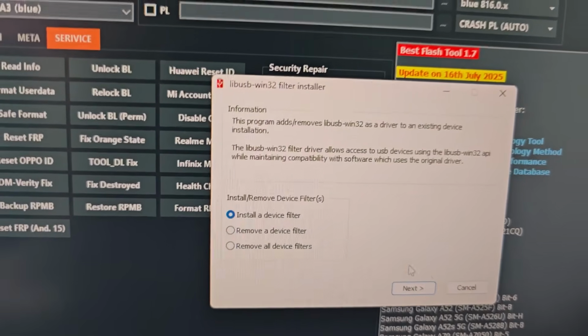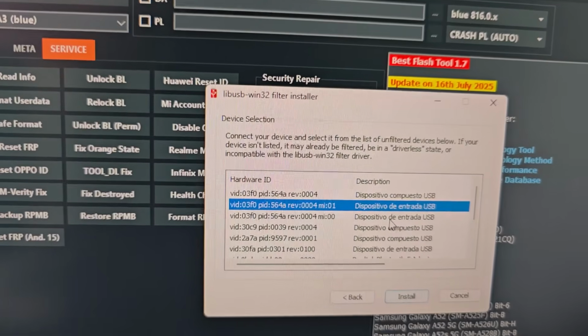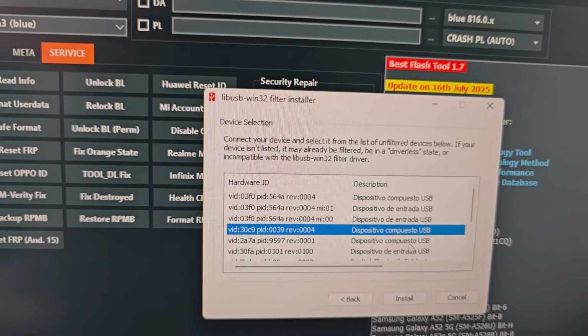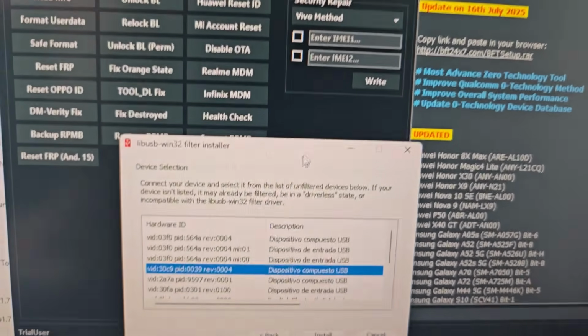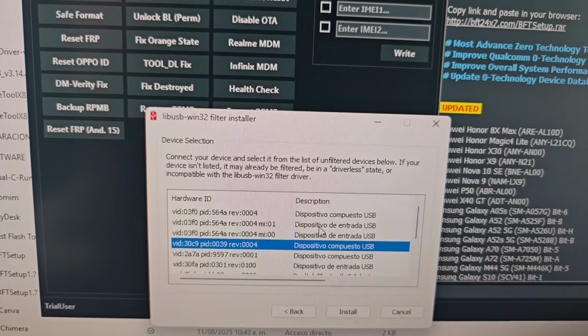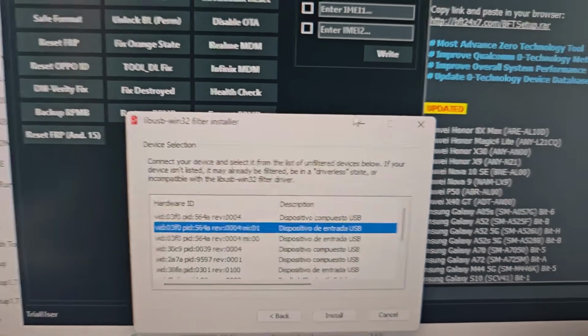If they are not installed, you're going to click here, and if all the drivers appear here, you're going to click on install and install and install. If that doesn't work, just set it aside. When you connect your PC, it will appear here. Select it and click install quickly. With all that said,